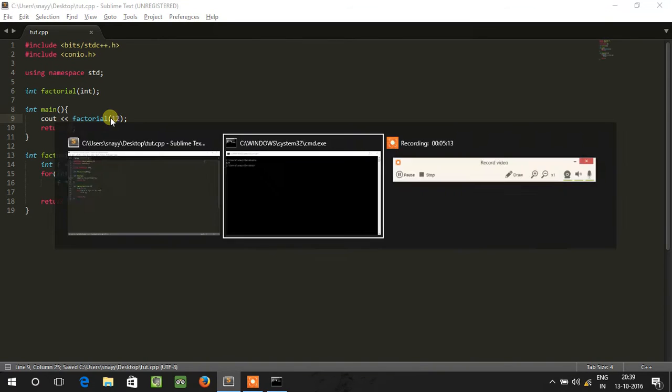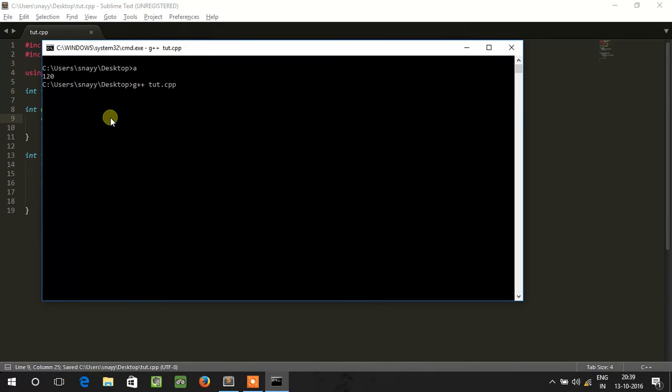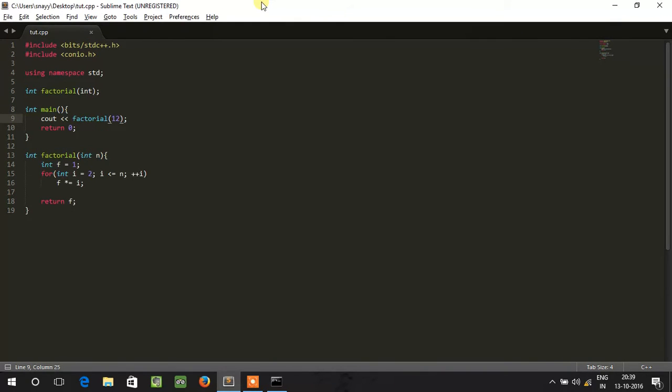Factorial of 12. Something something. Okay, fine. Probably it's correct. We are assuming. So anyways, this was the basics of functions. Actually, there's another way to program this exact function. Now, if n is 0, you know the answer is 1. And if n is not 0, the answer is factorial of n minus 1